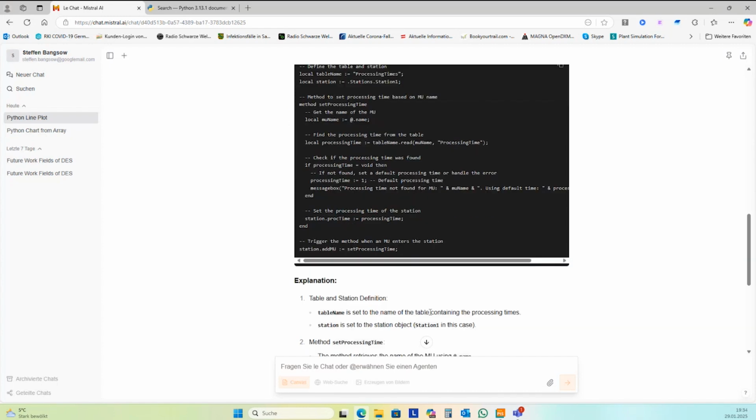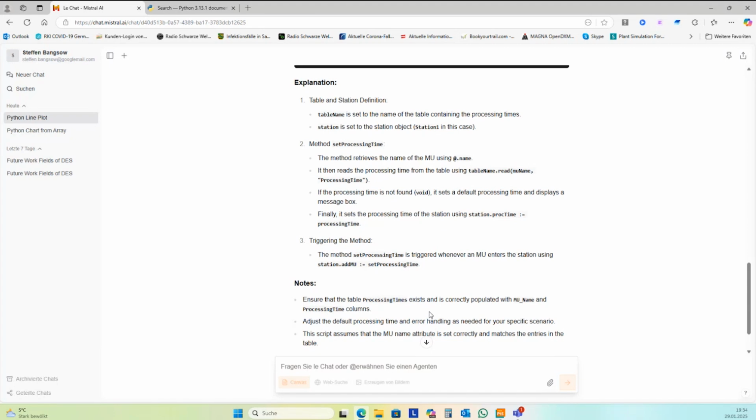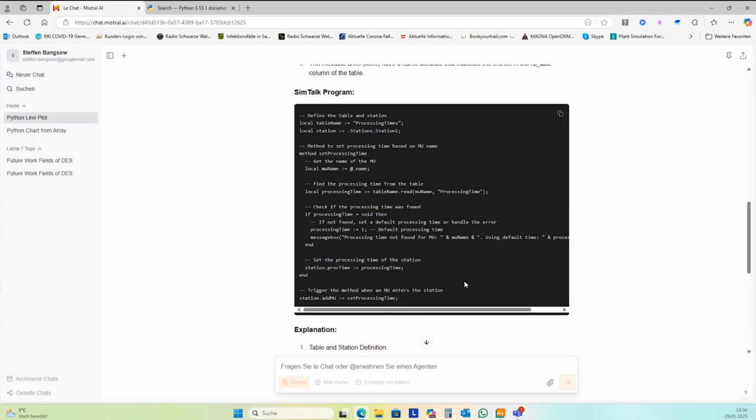And you have a lot of explanations, and the explanation is right in most cases. And I guess okay, it's Plant Simulation, it's SimTalk 1.0, and it cannot know the path.